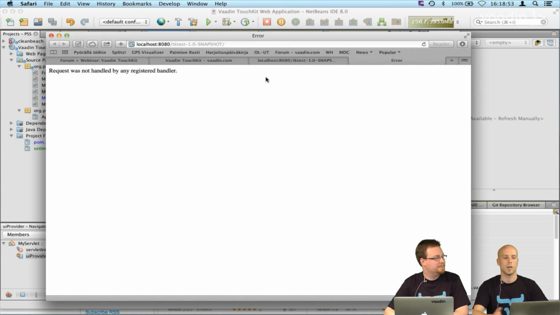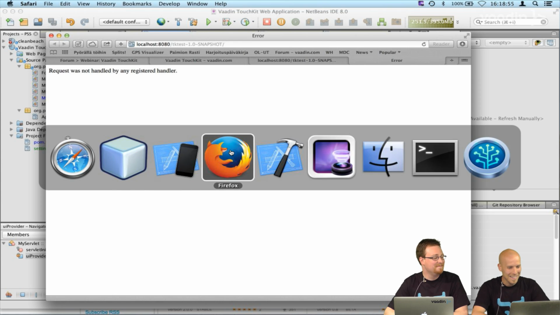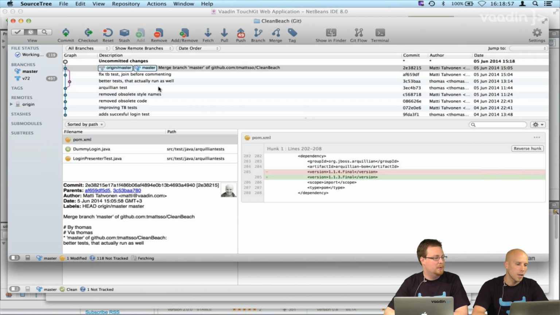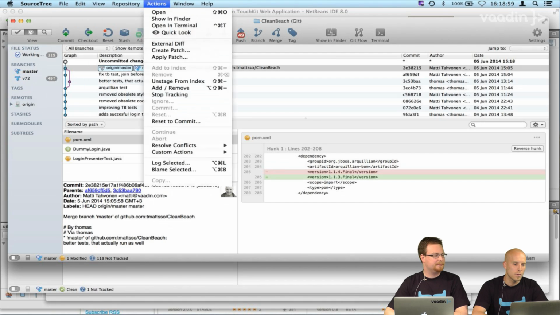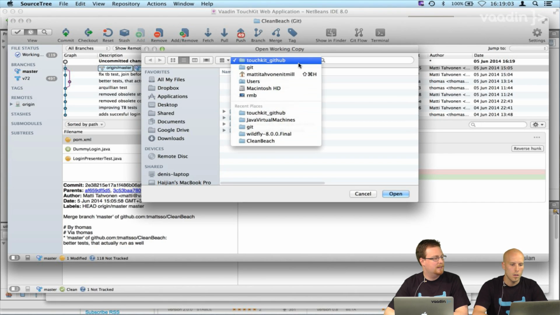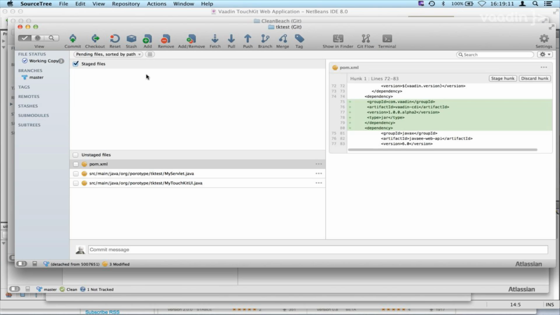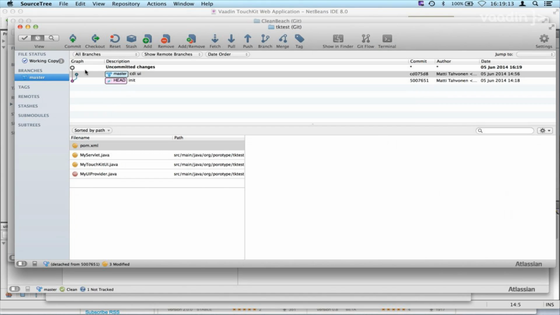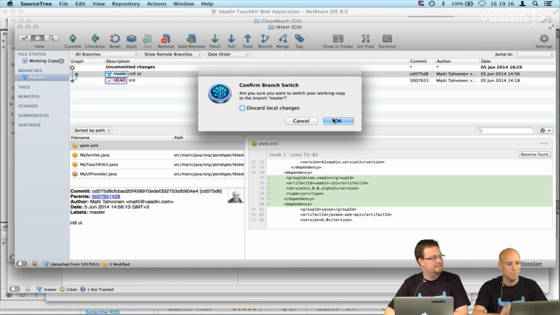Well, it still doesn't work. Wow, demo effect. Well, let's see. This one works.